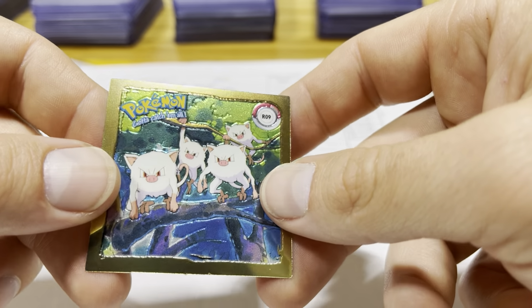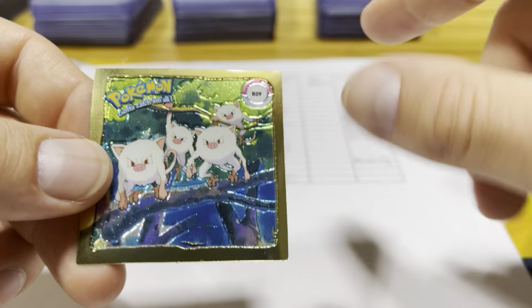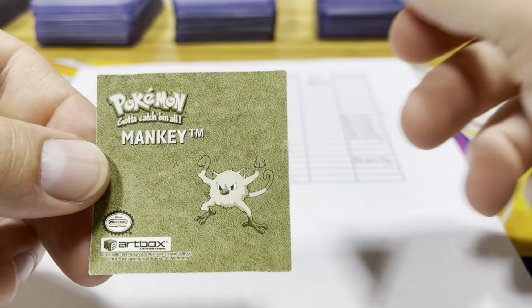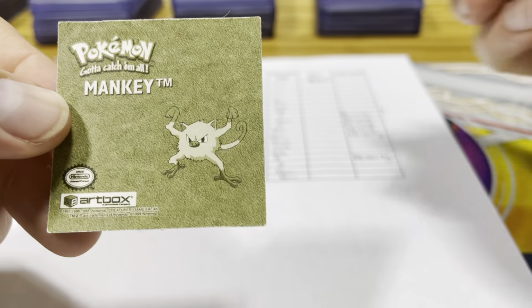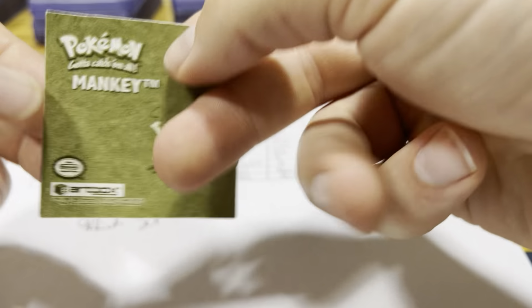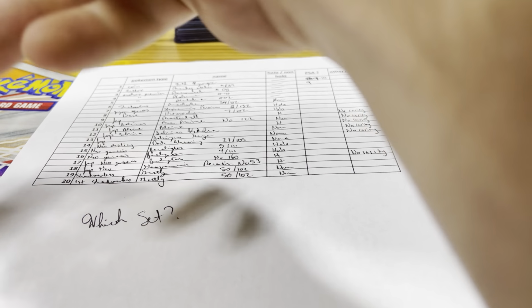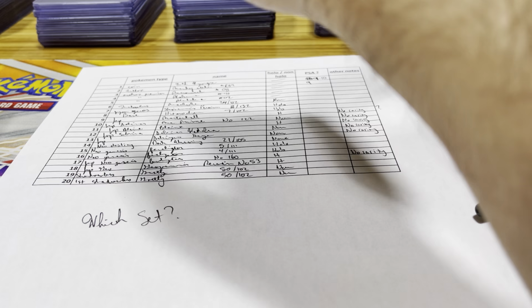Again, the Mankey sticker: the front's almost always in perfect condition in terms of scratches, just that gloss coat stuff slides off. The centering's really good on this one, which is great because the back is always slightly worn, which is indicative of this one. Although this one I usually guess 8, I'm going to guess 9 because I think it's cleaner cut, with better centering, and I can see this getting a 9 because of that. So we're going to go ahead and guess 9 for that Mankey sticker. We try and rush these first few things pretty quickly. I don't think people care too much about them, but